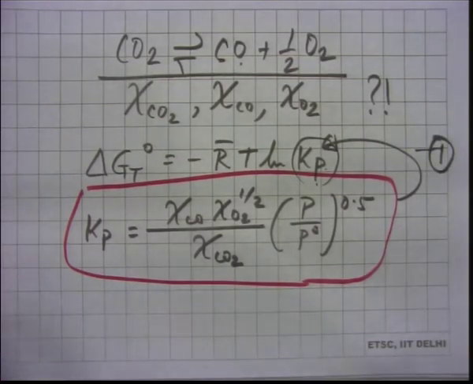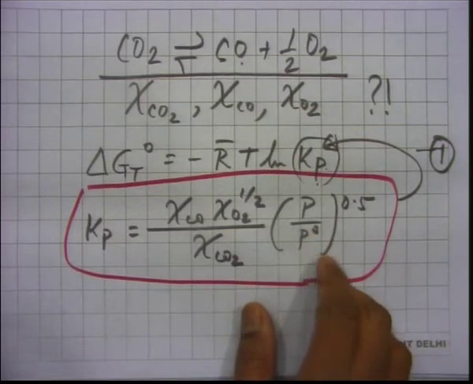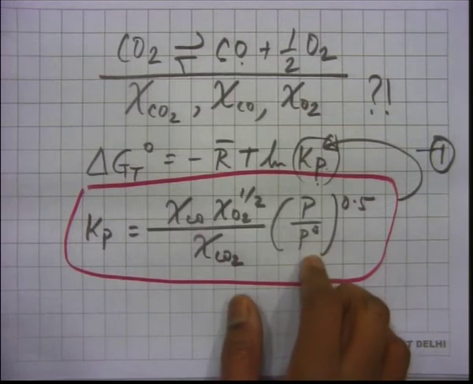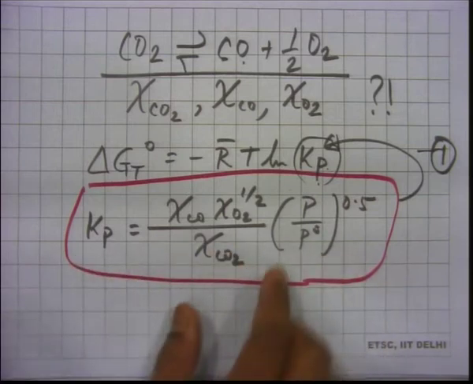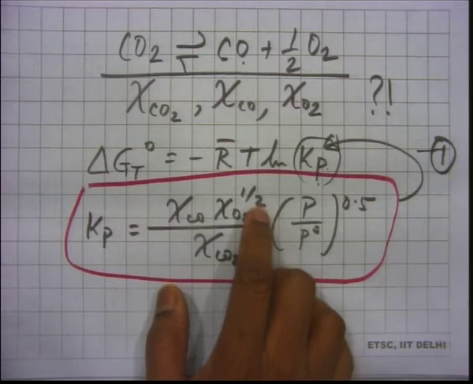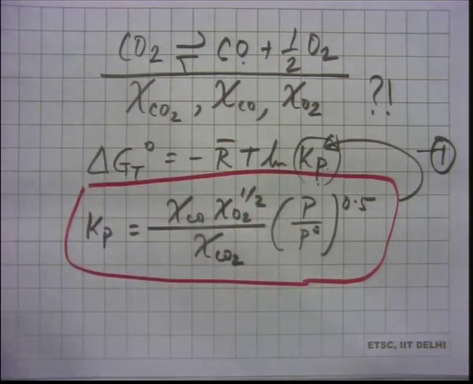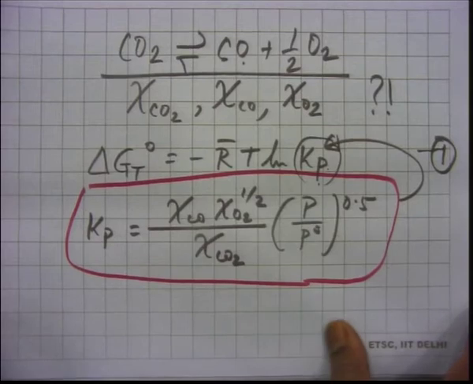Then you can make an observation here that this is going to be non-linear, because you have the CO2 mole fraction raised to the power half. If the pressure at which you want to find the composition is 1 atmosphere, then you will get rid of this term, because P naught is typically 1 atmosphere, so this number will automatically become 1. It will make the Kp expression a little simpler, but the point is that chi O2 is still raised to the power half, so it brings in some non-linearity. Anyway, whatever it is, we got one equation.